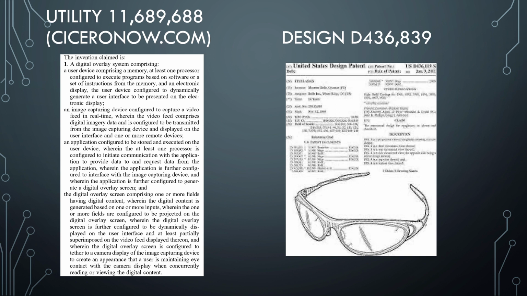And that's a design patent on a pair of cool-looking sunglasses. And there are no set of words describing the sunglass invention for a design patent, unlike a utility patent on the left. Instead, the design patent will simply say, a pair of sunglasses that looks like the following. And then it's got a whole series of pictures. And those pictures become the metes and bounds of the invention. And so, utility is words, design is pictures.